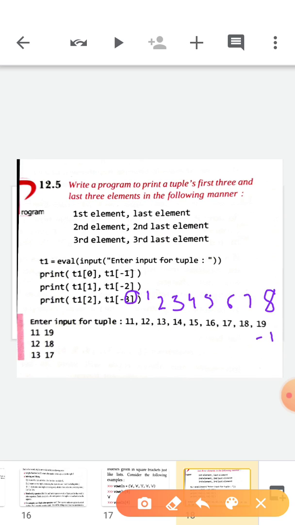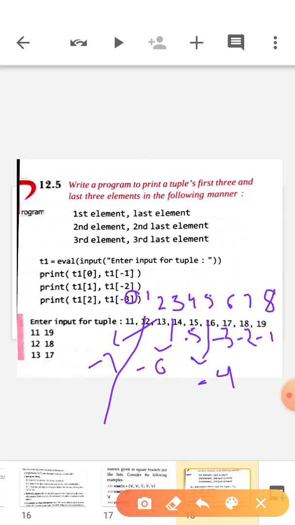Let's do -1, -2, -3, 16 is at -4, then 15 is at -5, 14 is at -6, then 13 at -7, 12 is at -8 and 11 is at -9.